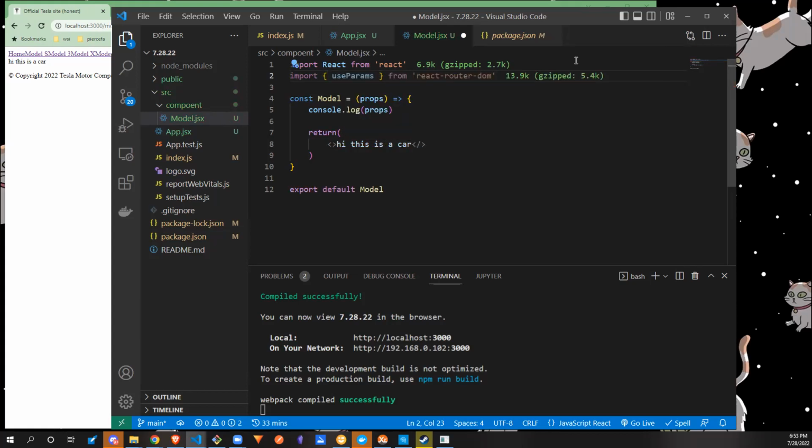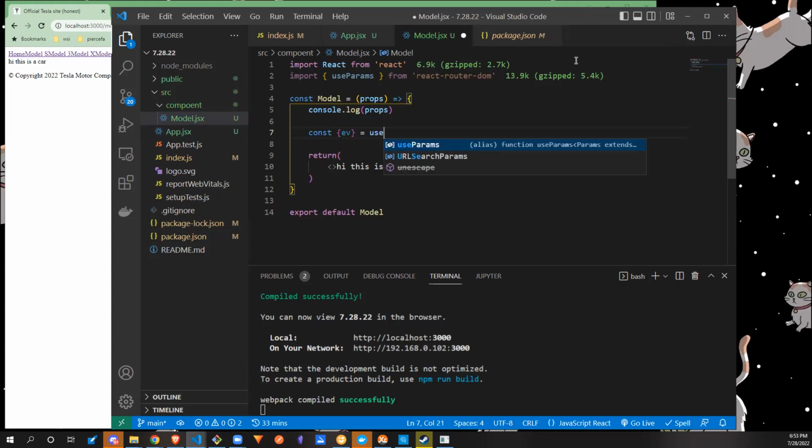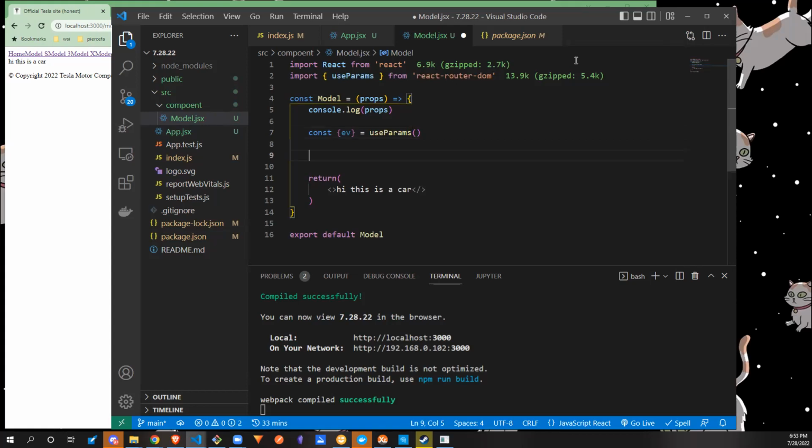So what useParams is, it's a method that we can save whatever that slug name is as a variable from useParams. We're going to invoke it right there. So if I console log whatever EV is,